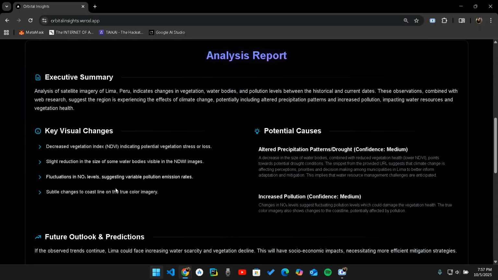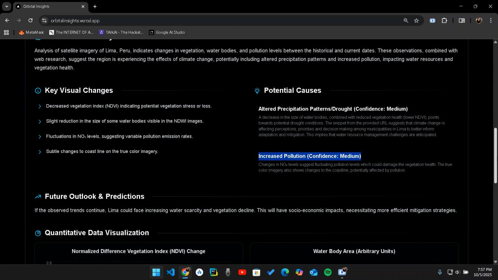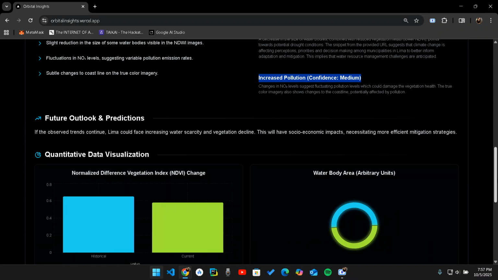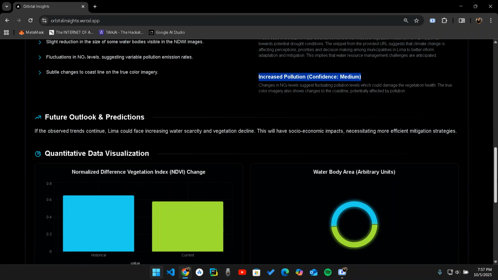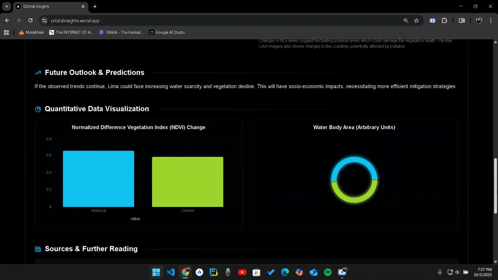You can see all stuff like that, and you can see potential causes: altered precipitation patterns and drought, increased pollution. Confidence is minimum, because this is an AI summary. We have a confidence level, depending on the sources, and also not all news articles and stuff are very legit. So I use all those metrics to get my confidence level, and you can see the vegetation index,